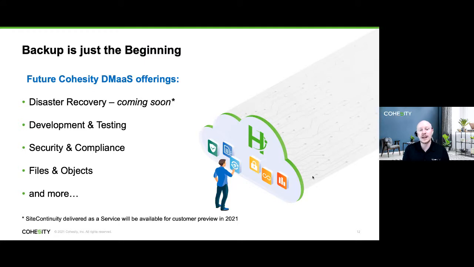Next phase is going to be disaster recovery as a service, which I actually have in tech preview now. Development testing. Hey, you wanted to take these machines and present those to a fenced off environment for dev test and not take up any additional capacity. Cool. That scheduling, orchestration, and automation is on the way. A security and compliance dashboard, giving you some ability to look and see, is your data protected? Are you storing data that's in plain text or in clear text that you shouldn't? An entire dashboard specifically wrapped around security.